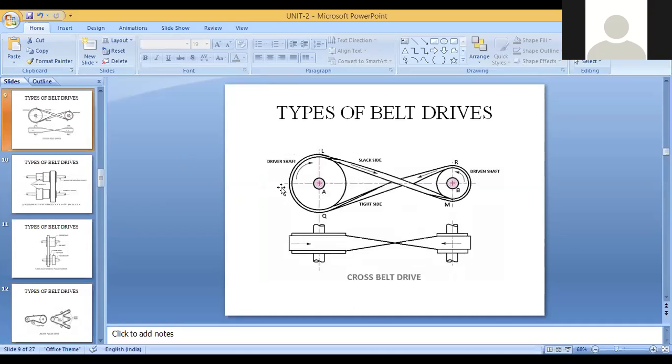Next one is cross belt drive. Here the movement of driving shaft and driven shaft will be in opposite directions, and the belt will cross itself. And as the belts are crossing each other, there is some chance that these two belts meet at some point, and because there is some frictional force between both these belts, there are more chances of getting rupture, means it will tear off. Now in order to avoid this, what we generally do is we increase the distance between both the belts. Now wherever you want to rotate the driven shaft in the opposite direction of the driver shaft, in such cases, we go for cross belt drives.